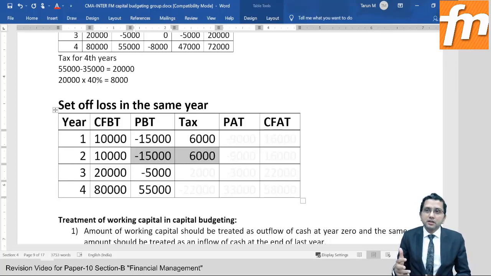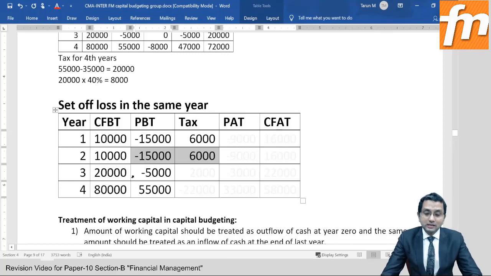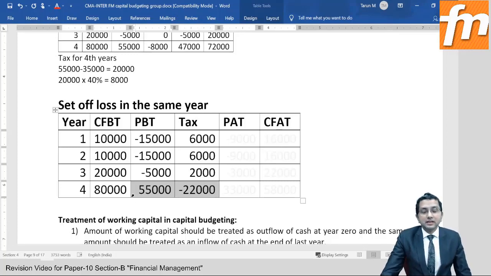So suppose I was otherwise paying 20,000 rupees as my income tax. Now due to this set off of the loss, I'll be paying say 14,000 rupees as income tax. So the 6,000 reduction in outflow, avoidance of outflow, is actually inflow. You simply name it as tax benefit or tax shield. On 5,000, I'll get a tax shield of 2,000. Now there is the profit. So I'll have to pay tax. This is not tax benefit. This is tax expense. Okay.